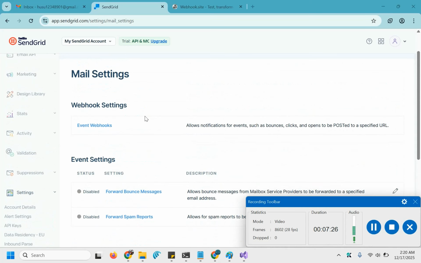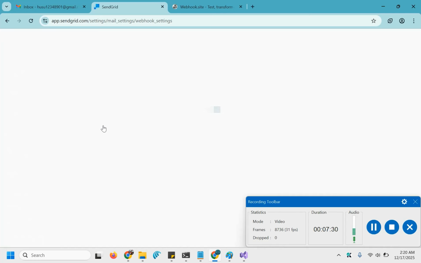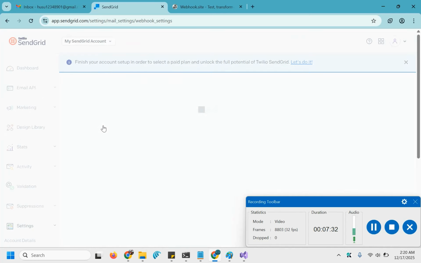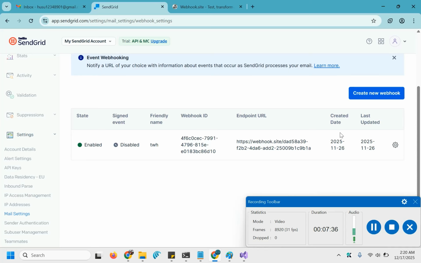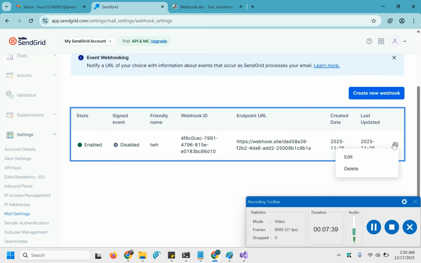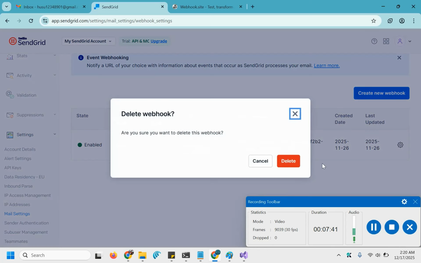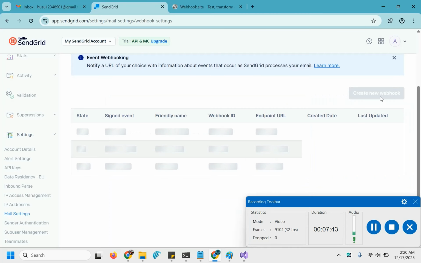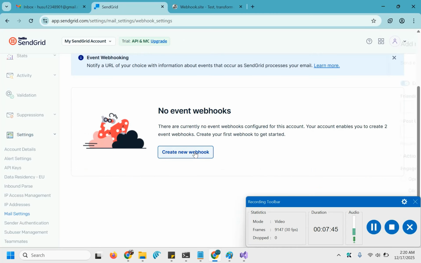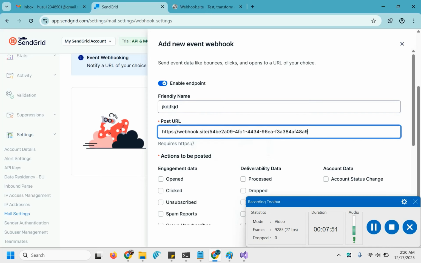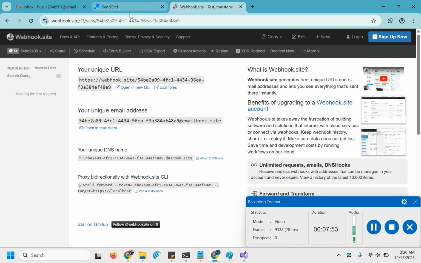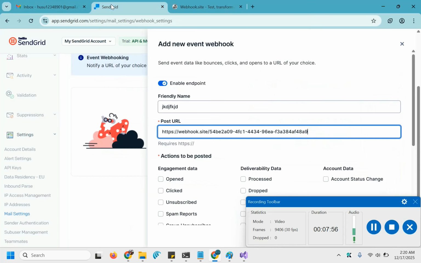So in the event webhook settings, let me go there. I don't know why SendGrid is slow. It's enabled by default. Let me remove it first. I tested it previously, and create a webhook in SendGrid. Let me keep some arbitrary name, and this is the post URL that we got from webhook.site.